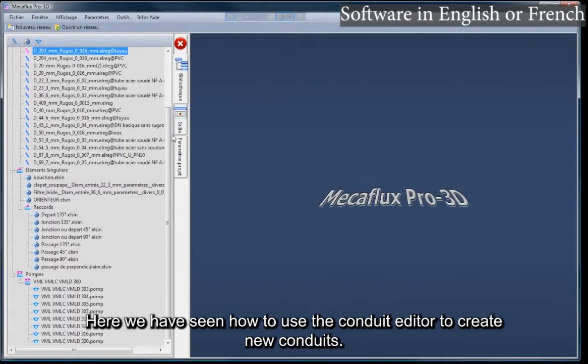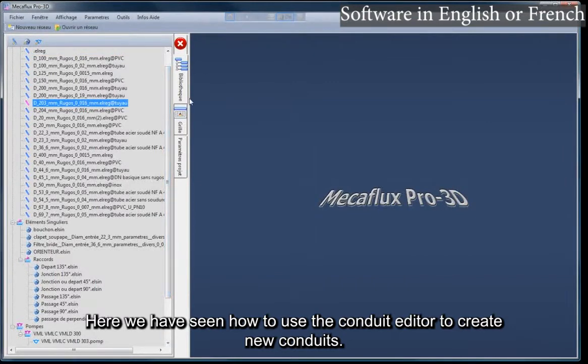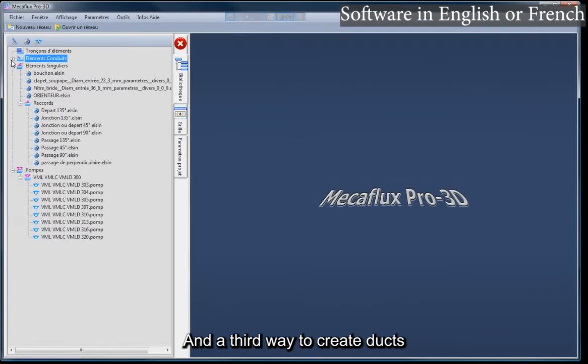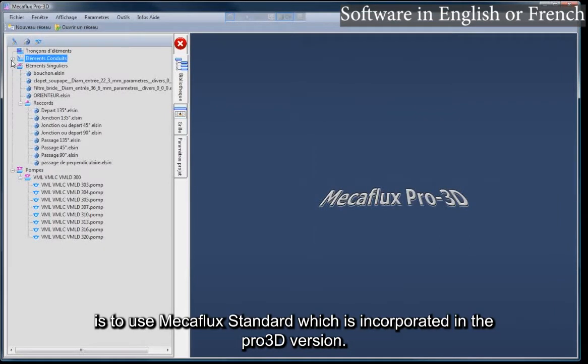Here we have seen how to use the conduit editor to create new conduits. And a third way to create ducts is to use MakeaFlux standard, which is incorporated in the Pro 3D version.